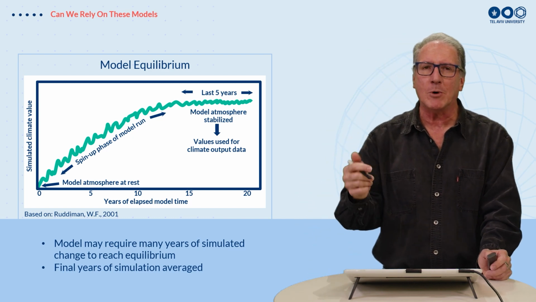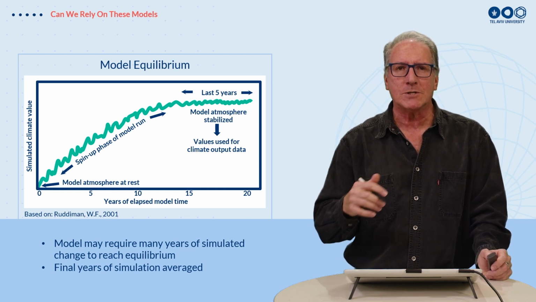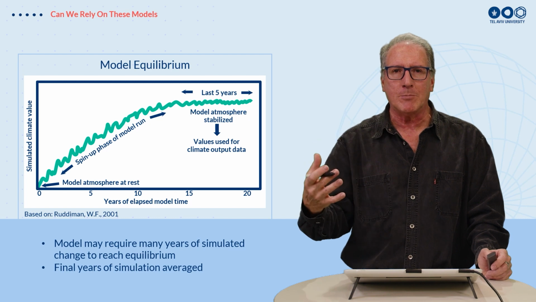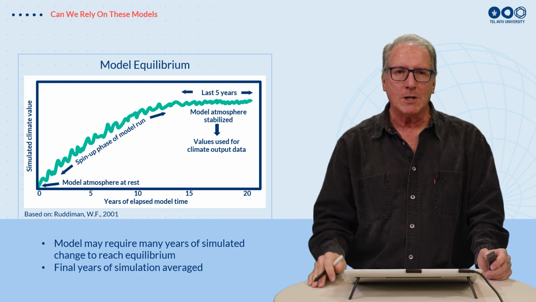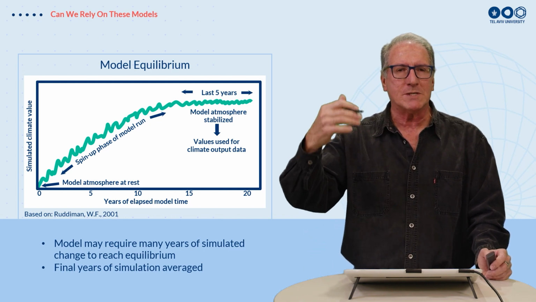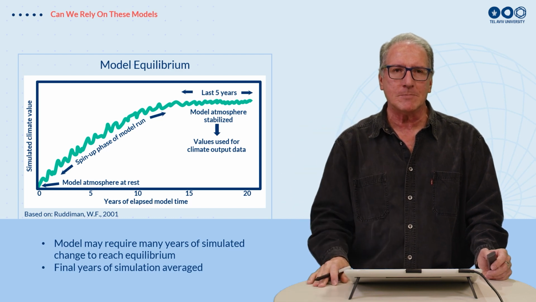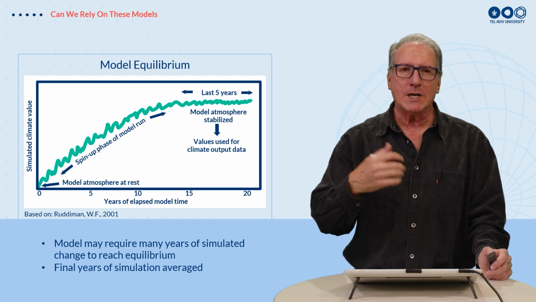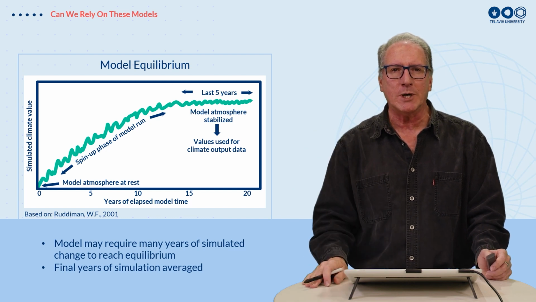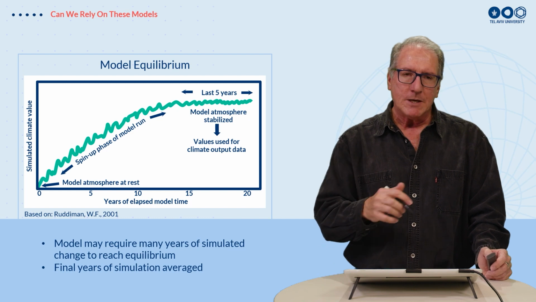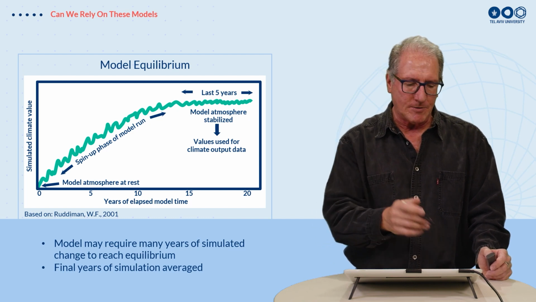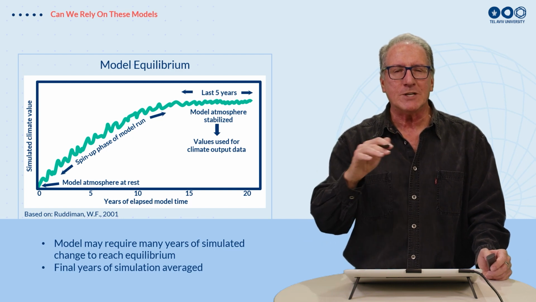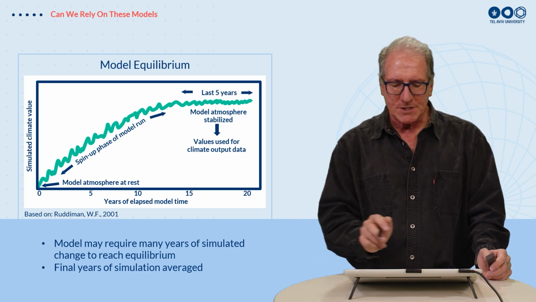When we start running a model, the model takes time to reach some type of equilibrium. When we talk about equilibrium, it is, for example, the global temperatures. If we turn on our model, the temperatures will start to warm up as the sun starts to interact with the climate system. This is a period we call the spin-up. The model has to spin up to reach some kind of equilibrium, but eventually the temperature, or any value, if we're looking at the temperature, the rainfall, the pressures, will eventually become stable,